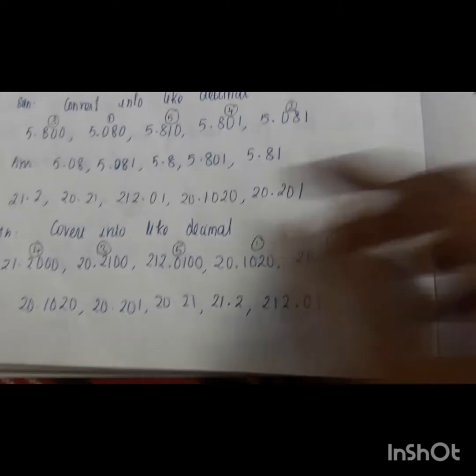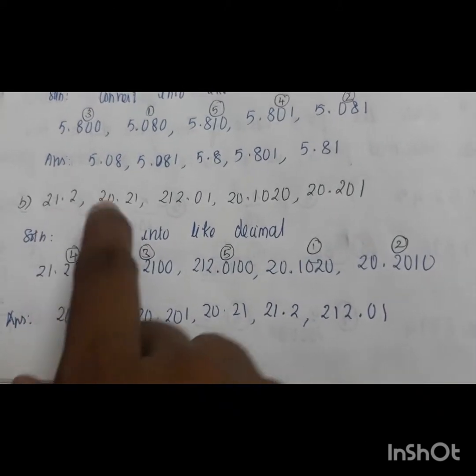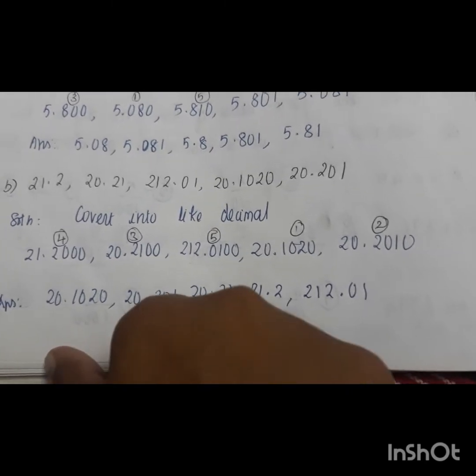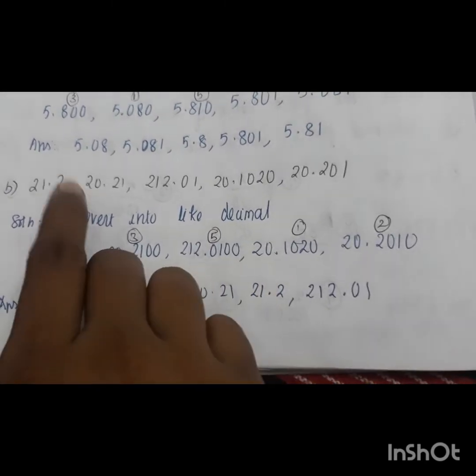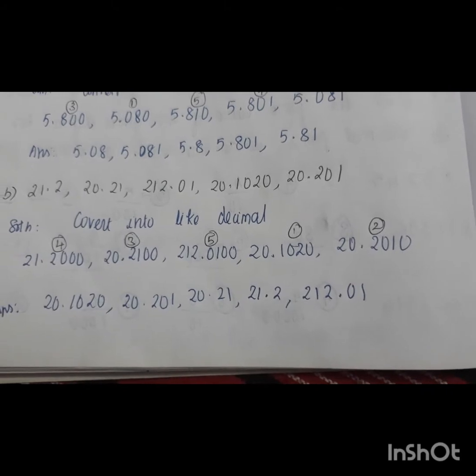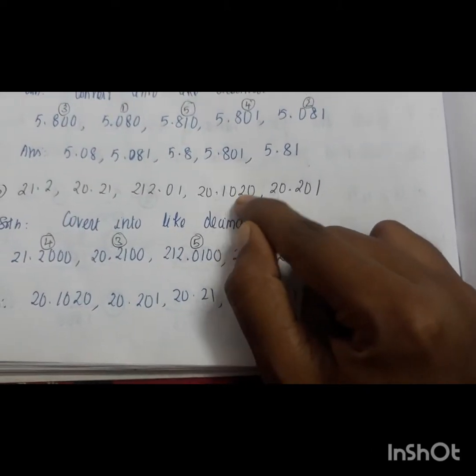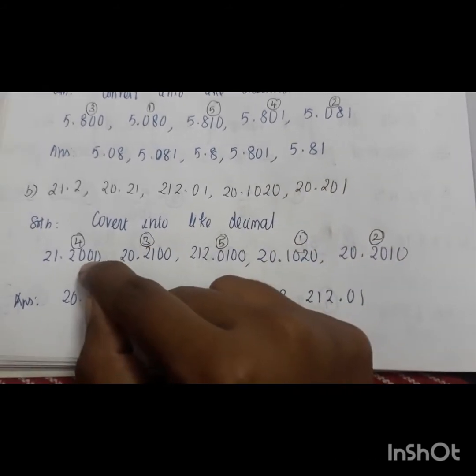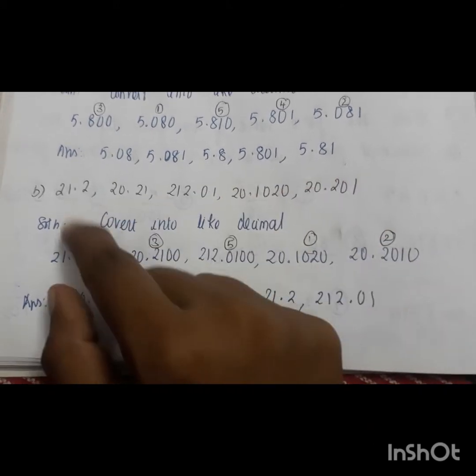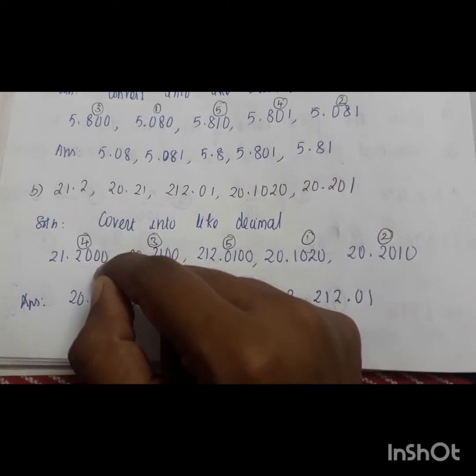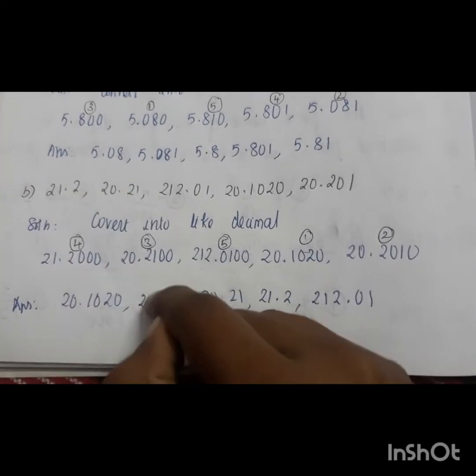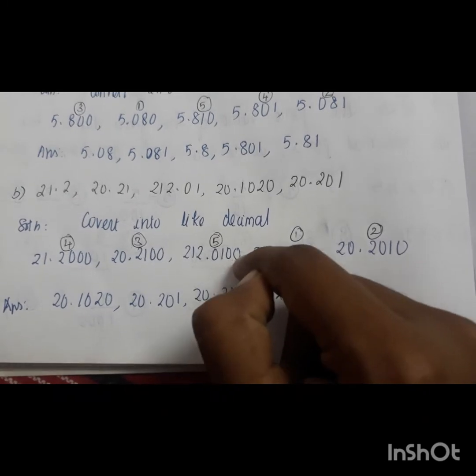So when we move on to the second question, here also you can see 21.2, 20.21, 212.01, 20.10, 20.201. First step, you have to convert into like decimals. That means the number of digits in the decimal part should be the same. Here you can see 1, 2, 3, 4. 4 is the maximum number of digits given in this question. So you have to make all the other terms have 4 digits in the decimal part. Okay, so 21.2000, 20.2100, 212.0100,